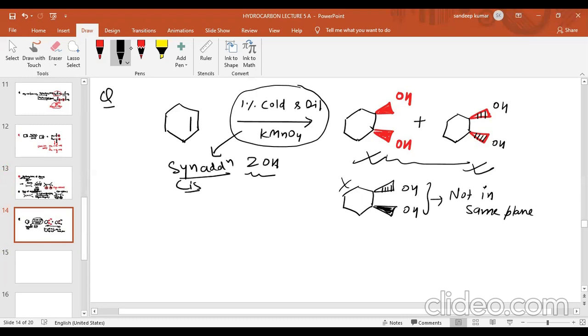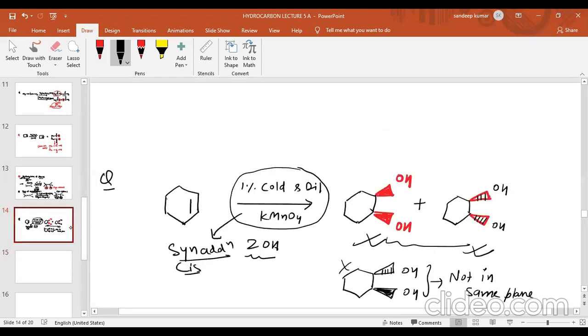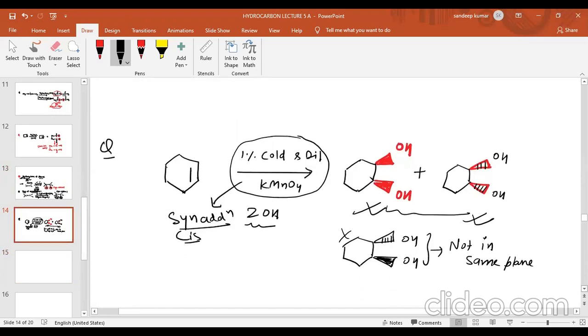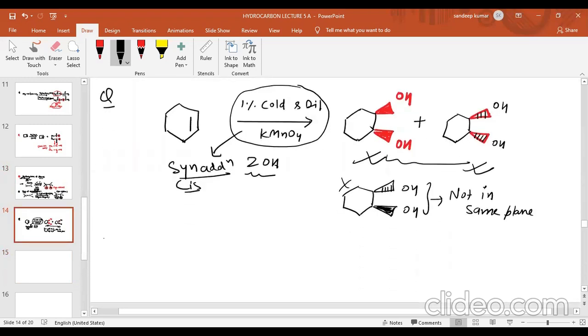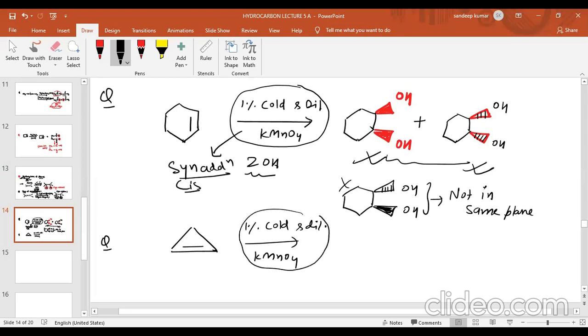Okay. See the next question related to this one. If it is given like this, cyclopropane, and we are going to add 1% cold and dilute KMnO4. So this reagent basically provides 2 OH groups. This reagent will provide how many OH groups? 2 OH groups. So these 2 OH groups will come from the same side of the plane, either on the dash